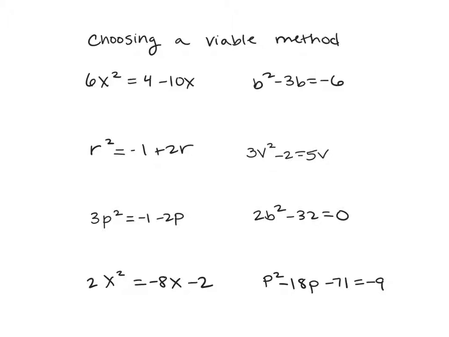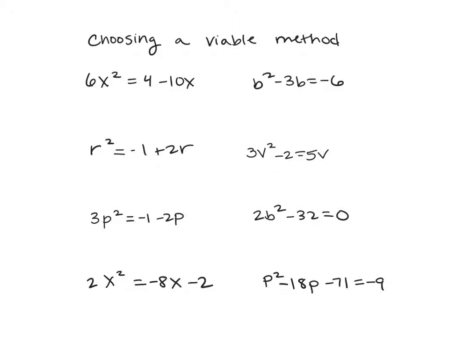There's also a lot of simplifying that has to happen that doesn't always have to happen if you use a different method. So it's not my favorite method. I think it's the slowest. So in order to start thinking about what method will work, the first thing I want to do is go ahead and replace